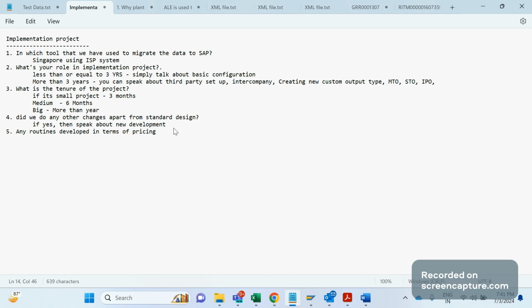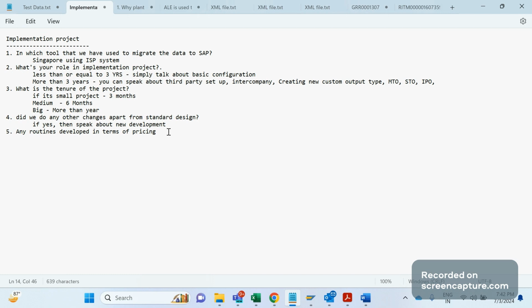If you developed anything new, you can say yes, and if you say yes, again they will ask you one more question: why did you develop it, what was the requirement for developing this. In our channel, check the SAP SD pricing enhancements, right? There I have discussed the requirement routine enhancement, alt calc, alt base. You can pick any new one, any easy one for you, then explain that also. So like this you might expect the questions.